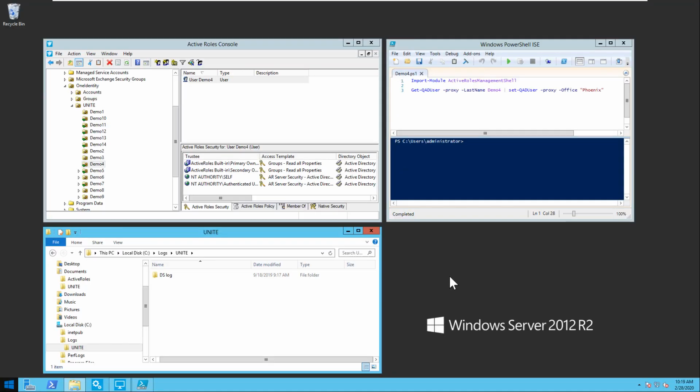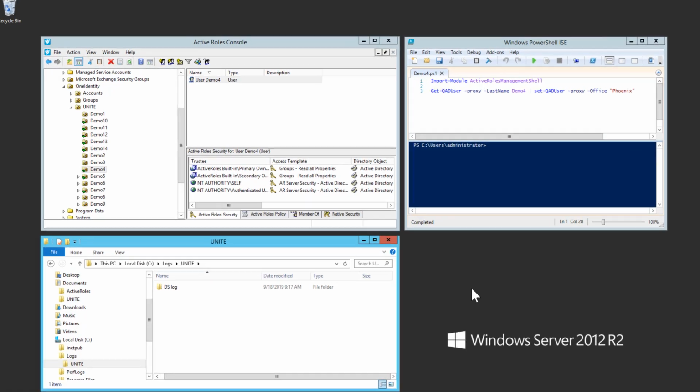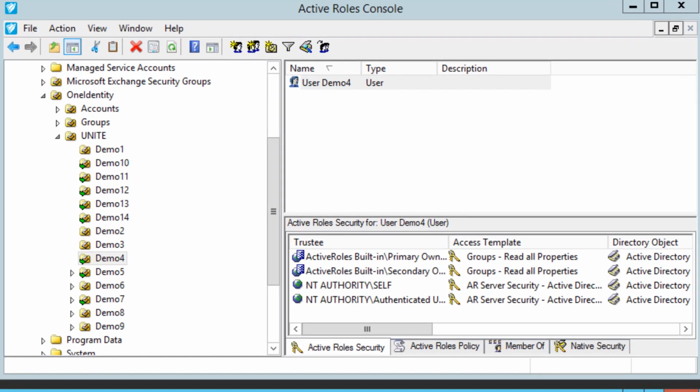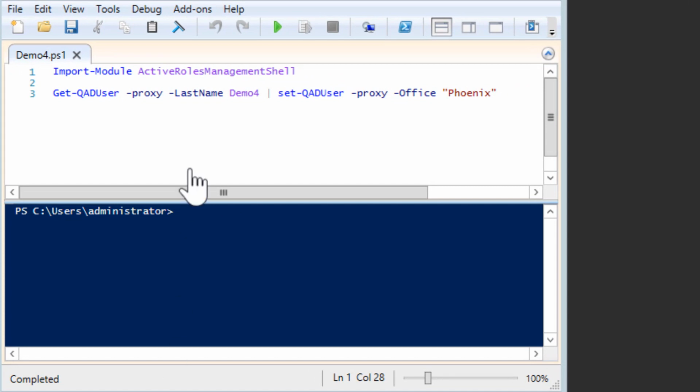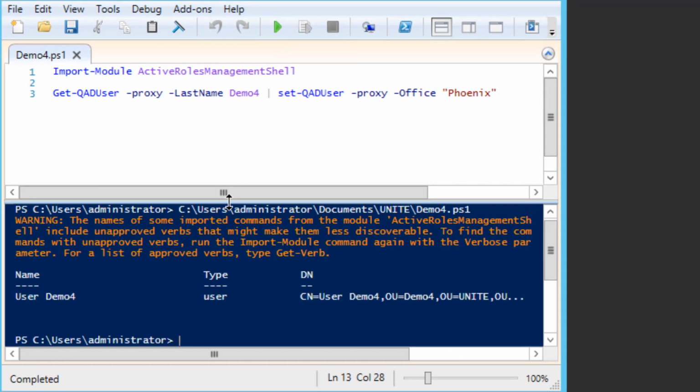In this demonstration, you will see how Active Roles processes policies and workflows. We will use Active Roles Management Shell to make a change to a user object, although the change itself is not important. We have a policy and a workflow linked to the OU where the user object resides. Both the policy and the workflow execute scripts during the pre and post processing stages. This is purely to show each stage in the change history. Let's switch to the script and execute it. Simple script just to make an update, and we're going to execute it.